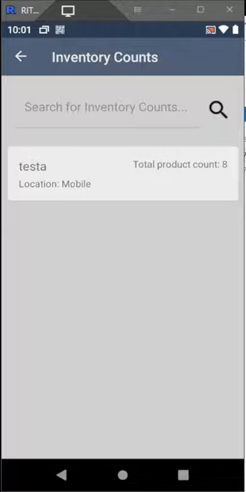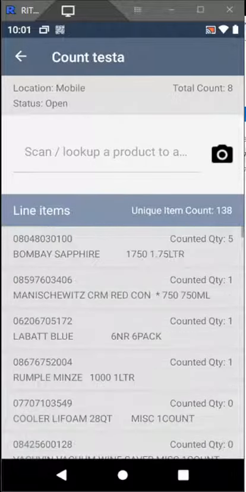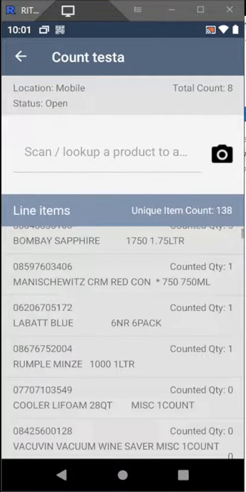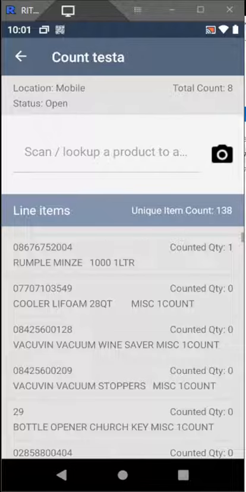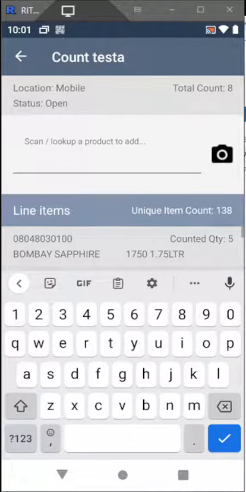What you do is you choose the inventory you want, and you will notice that it does have items already scanned into the inventory, or that were put into the inventory if the inventory is filtered. Then you merely have to scan the item,